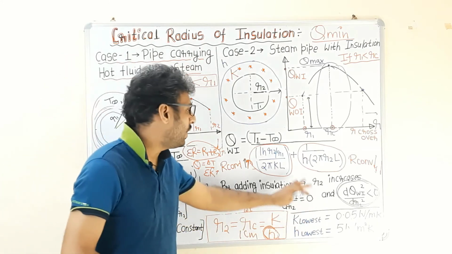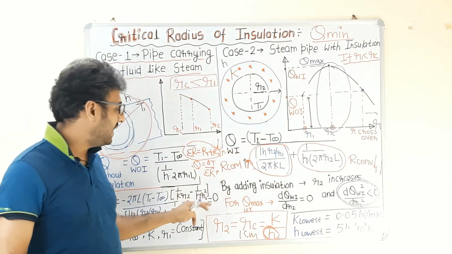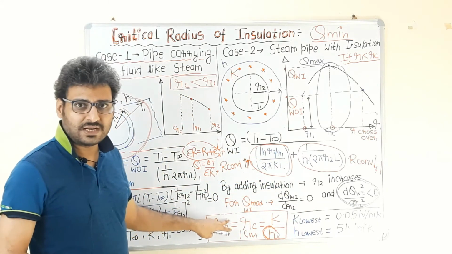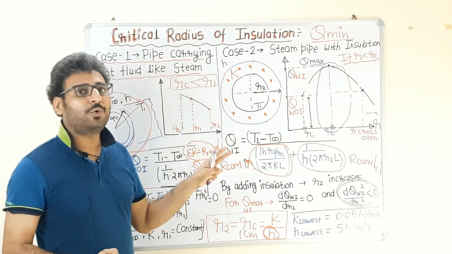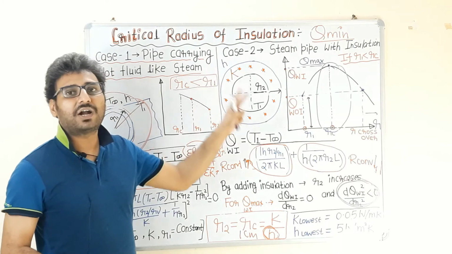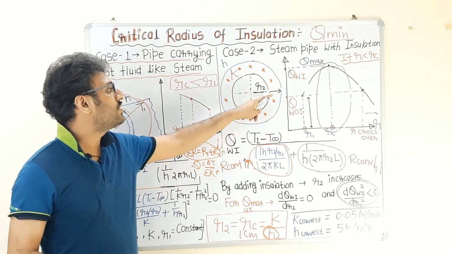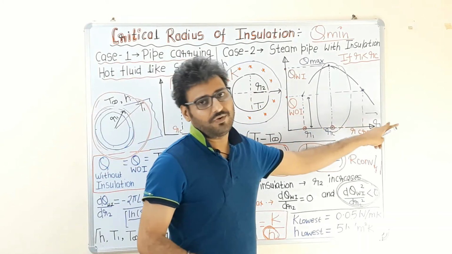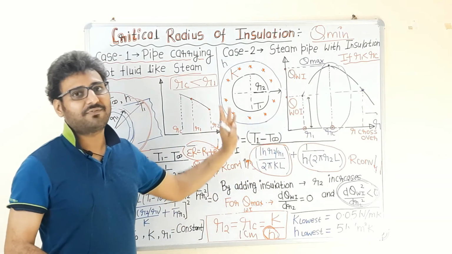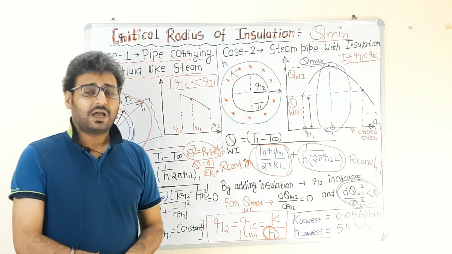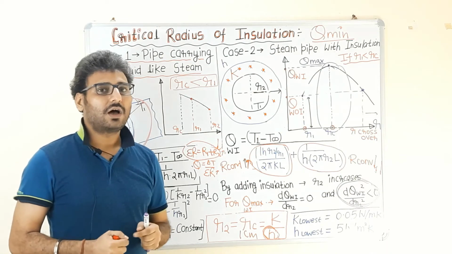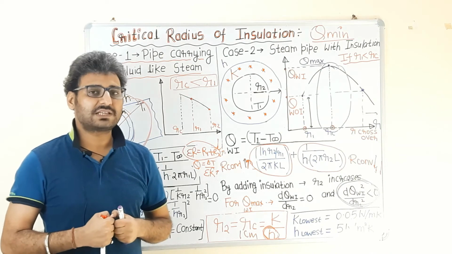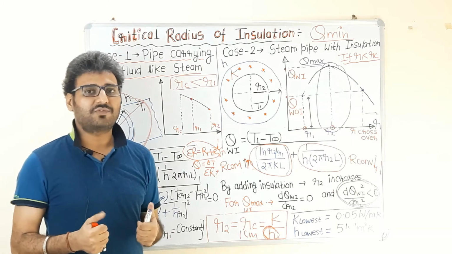From this whole concept, we can determine the critical radius of the insulation, and further we can decide what amount and what thickness of insulation we should provide to our thermal system. This is our basic designing process. We are going to stop this part here, and I am going to discuss two beautiful problems from the GATE examination in the next part of this lecture.